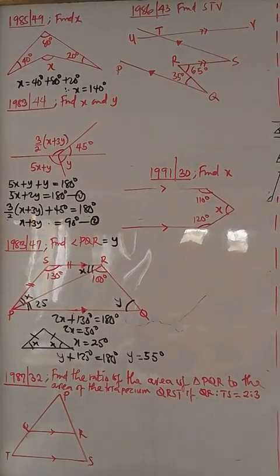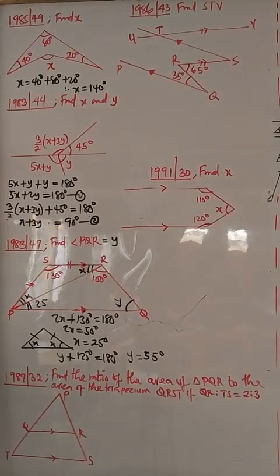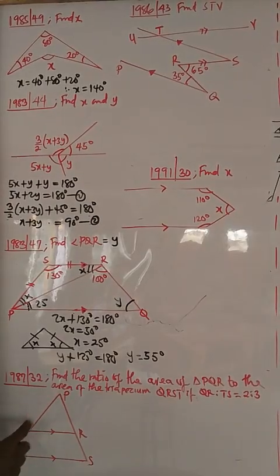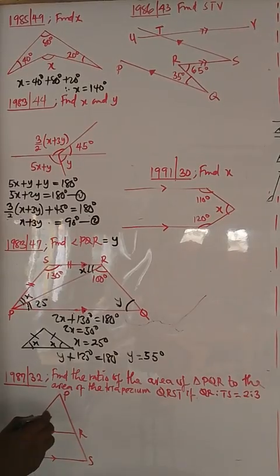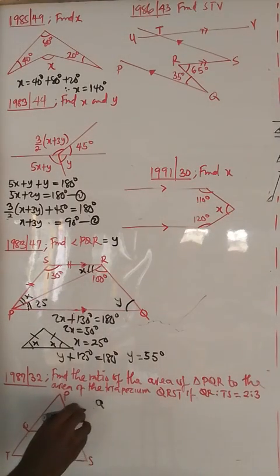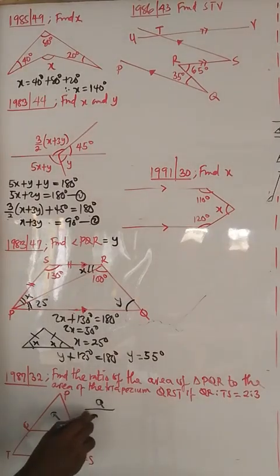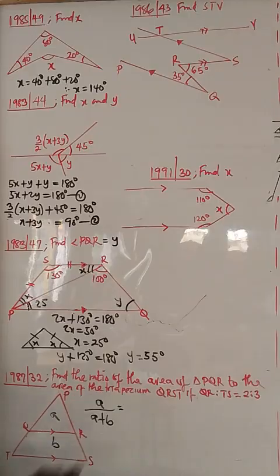Find the ratio of the area of triangle PQR, the small triangle, to the area of the trapezium QRTS. First, suppose the area of this small triangle PQR is, let's call it A, and the area of this trapezium is B. What you have to know from what we've done previously: the area of the small triangle, which is A, over the area of the big triangle, which is everything here, that's A plus B, equals,